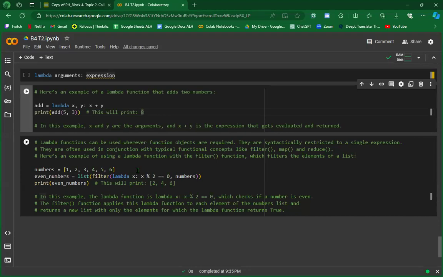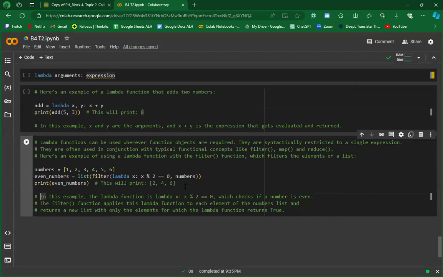Now, lambda functions can be used whenever function objects are required. They are restricted to a single expression, syntax-wise, and they are often used in conjunction with typical function concepts like filter, map, reduce. So here's an example,